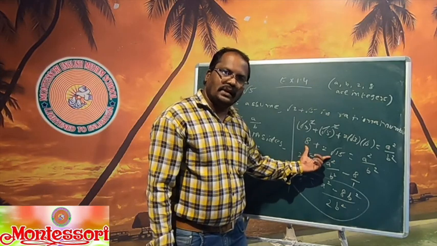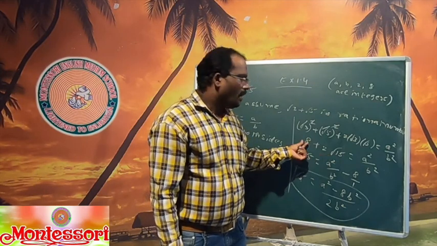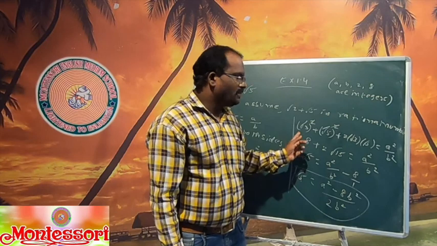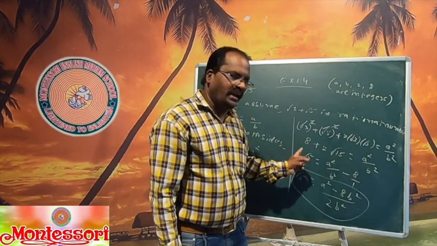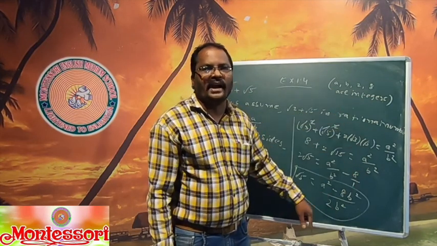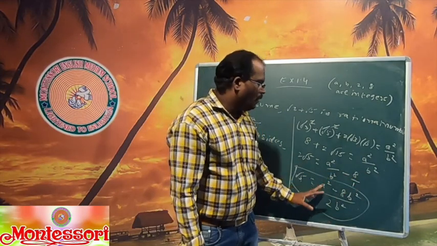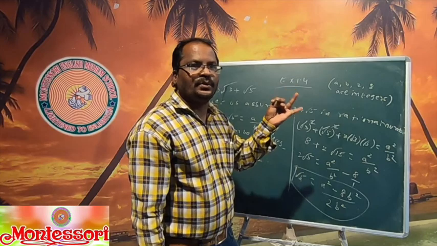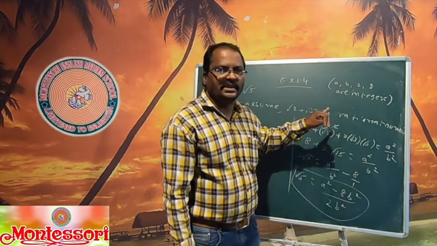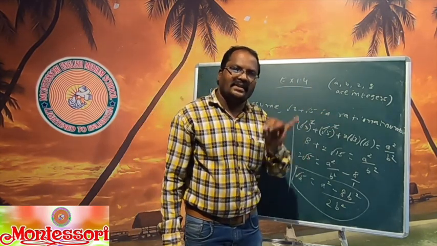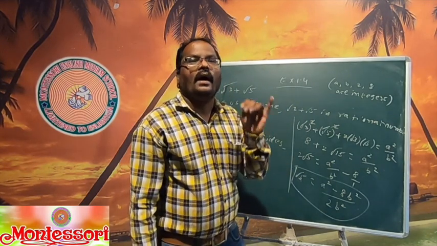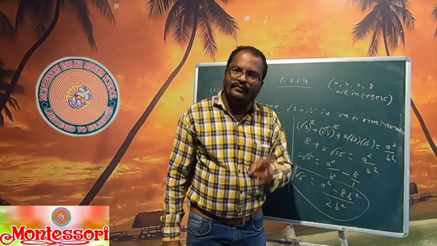Here you got one more term, 8 without root. That means the value without root should be transferred from left to right. Now we are getting 8. Now you do the simplification. Now we are getting here a, b, 2, 8. These four should be integers. After simplification, the answer should be either an integer or a fraction.